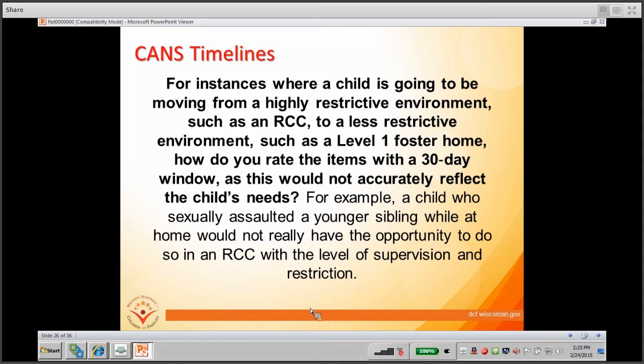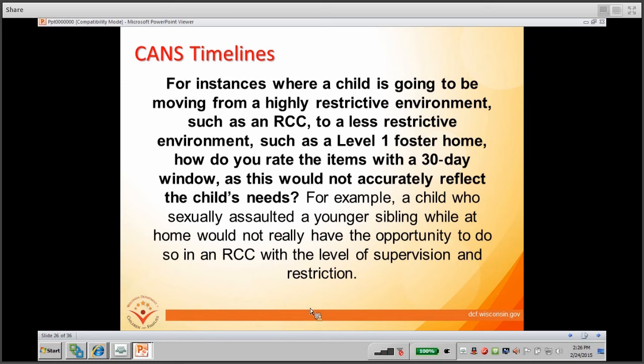There's a lot of overlap between these two theories with the CANS, that in certain situations you've got to look beyond that 30-day window. The other example that he always gives in trainings is if you have a child who had a substance abuse problem and got in a car accident and was in a coma for 2 months, if you're needing to redo a CANS for that child, you're not going to rate them as 0 for substance use.